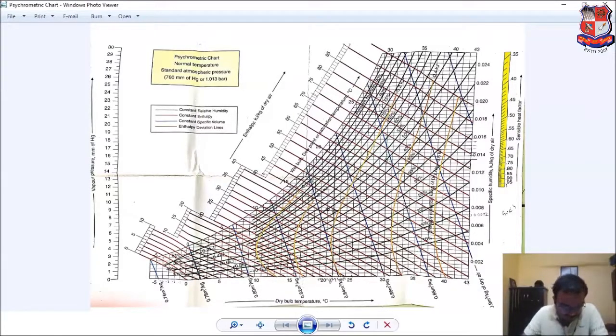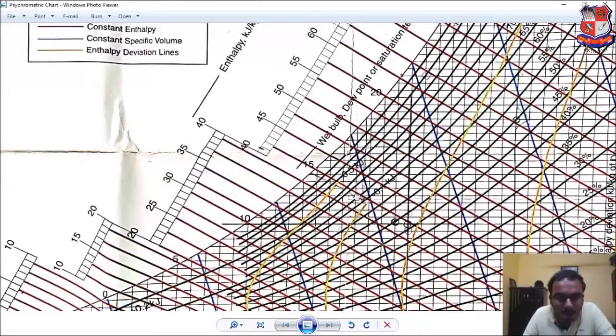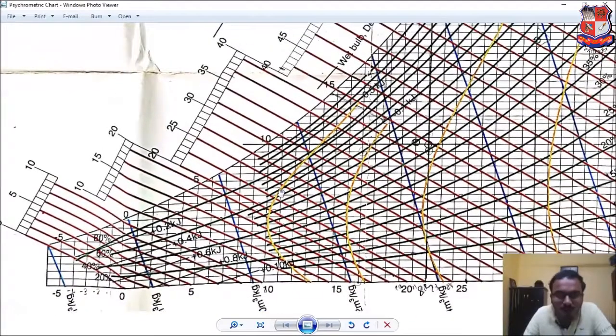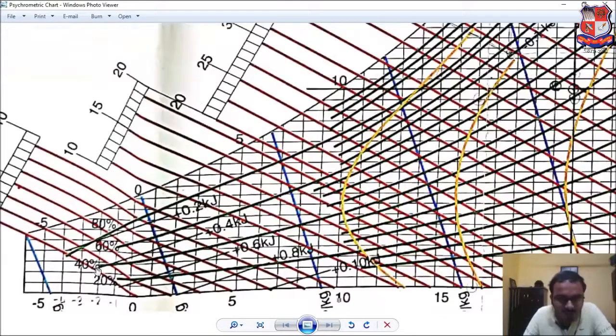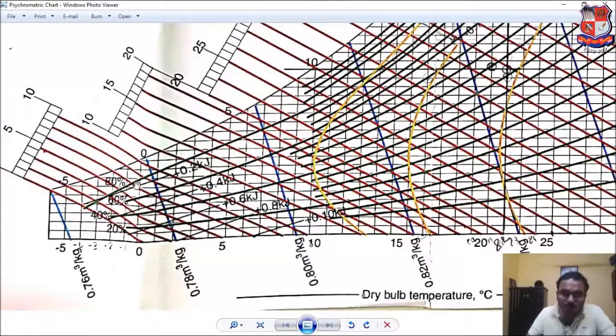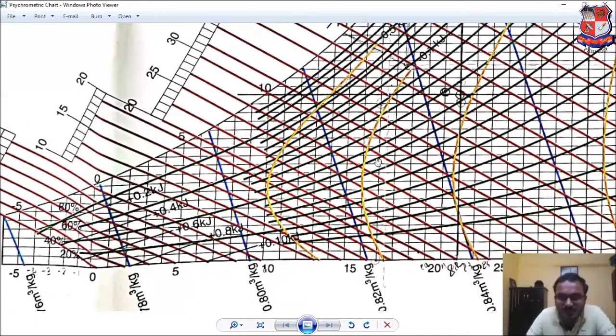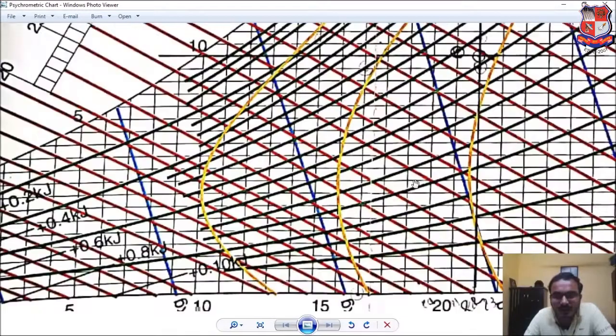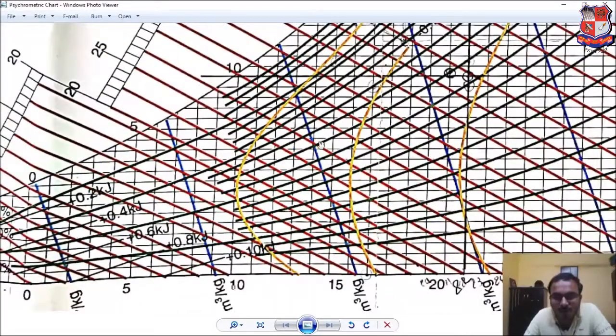The next is constant wet bulb temperature lines. So here all these red color lines, as you are observing, all the red color lines indicate wet bulb temperature, and these are non-uniformly spaced lines. I am repeating again that we are currently discussing about this red color inclined lines, which are wet bulb temperature lines, and